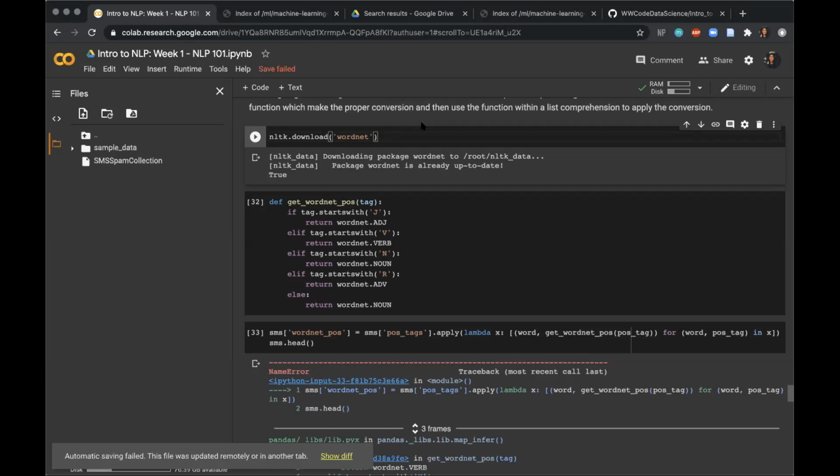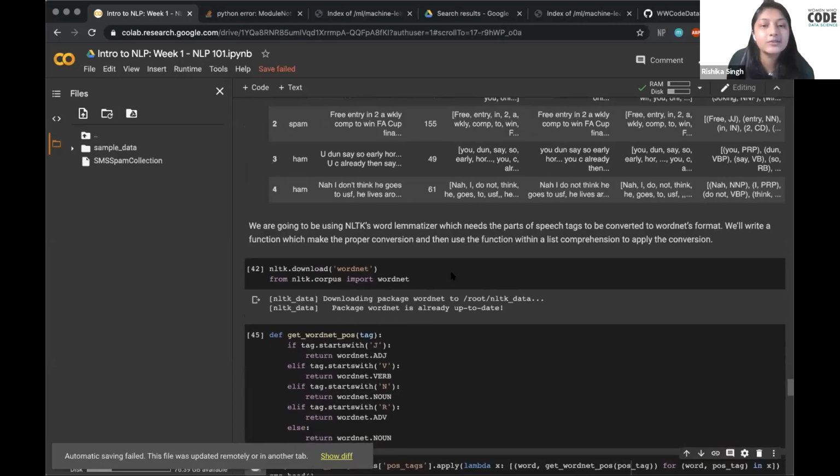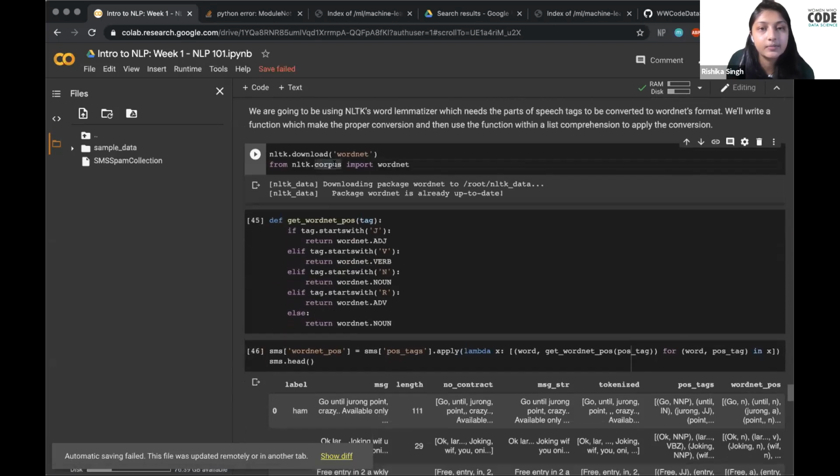Okay, sorry for that. So it was just missing the proper import statement. We have nltk.download wordnet, and we basically just want to do from nltk.corpus import wordnet. It basically didn't know that we had installed it, because the import statement was missing. So now if we rerun that cell,